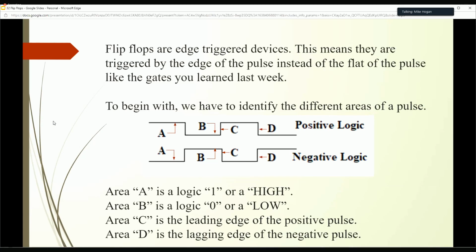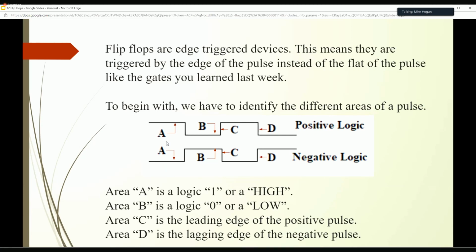First of all, you can see that I've got two square waves, one labeled on the top as positive logic, one labeled as negative logic. We're really going to focus on positive logic as we move forward and look at flip-flops. However, the difference in the two, basically, if we look at A here,